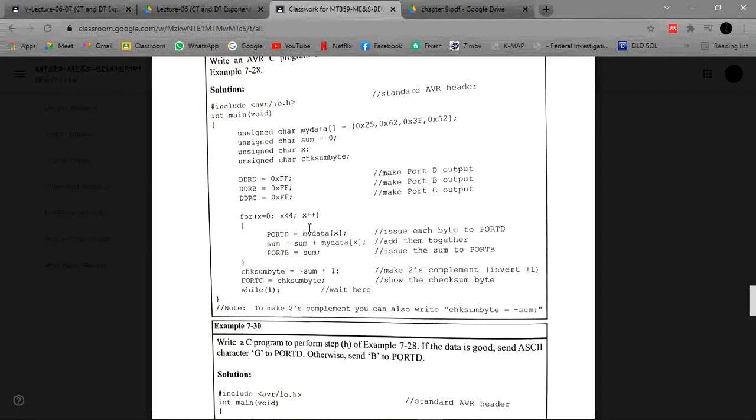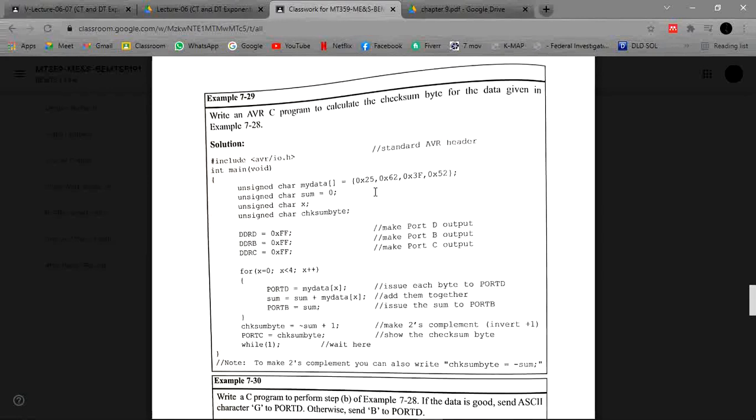First of all, we declare all the headers and initialize main with unsigned characters. We create an array containing the numbers 0x25, 0x62, 0x3F, 0x52. These are the checksum bytes, and after that, sum is set to 0, and we initialize the character x and the character checksum byte.